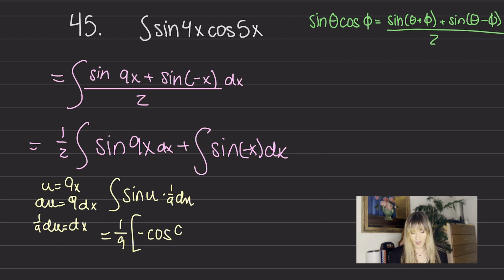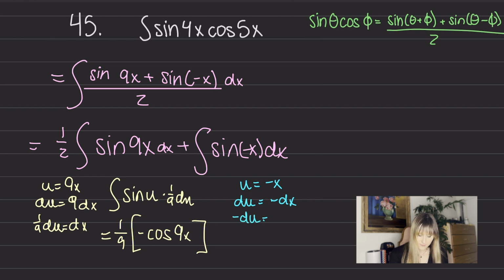I know I'm going fast, but I think that at this point you could already do this by yourself, if you have gotten this far. Let's do the other one. We have u equals minus x. du is going to be minus dx. Minus du is going to be dx. Plugging that in, we get,